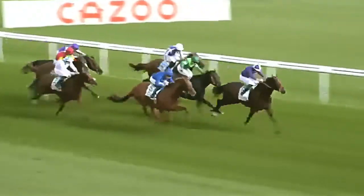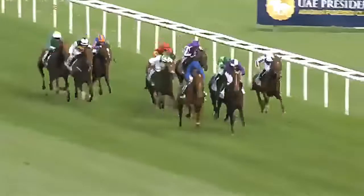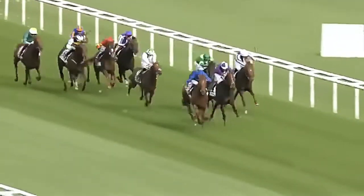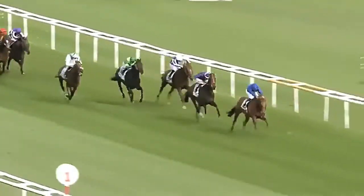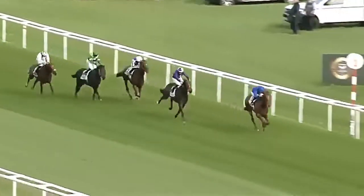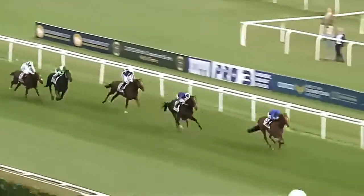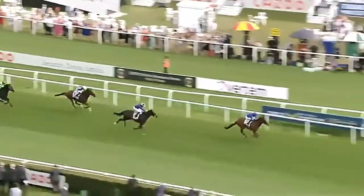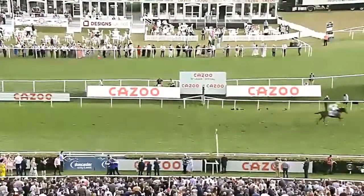Down they come now towards the final 2 furlongs. Mojo Star now is in front here, but here comes Hurricane Lane with a powerful looking challenge, and it's Hurricane Lane who begins to assert now from Mojo Star. Back in 3rd, Youth Spirit having a good battle with Interpretation and the Mediterranean, but it's Hurricane Lane who's pouring it on now inside the final furlong. He's up by 3 lengths from Mojo Star. Hurricane Lane surging clear in the Cazoo St Leger, and Hurricane Lane comes home to win really easily. In 2nd is Mojo Star. The Mediterranean was next. Interpretation, Youth Spirit and